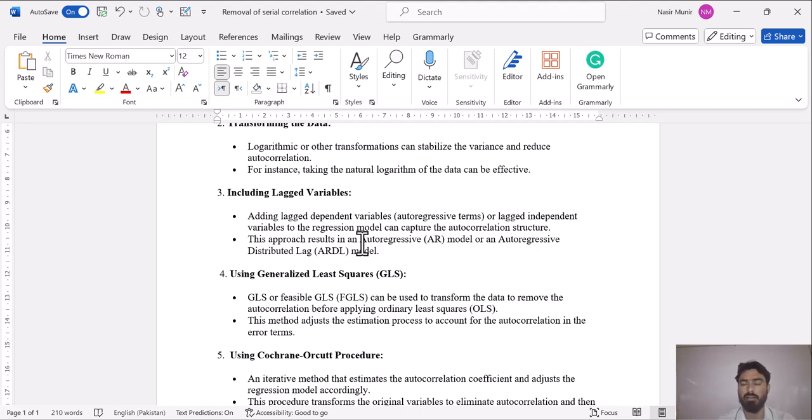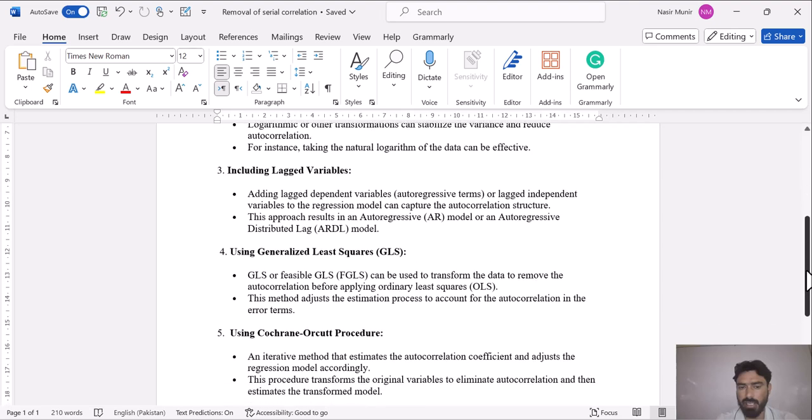Basically, we are including the dependent variable lag in our model as an independent variable. The second thing you can do is take the lag of your independent variable, which is called distributed lag. And when you are taking the lag of both dependent and independent variables, that is called ARDL, the auto-regressive distributed lag model.